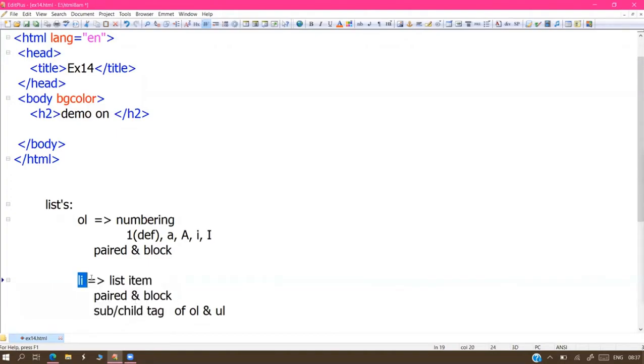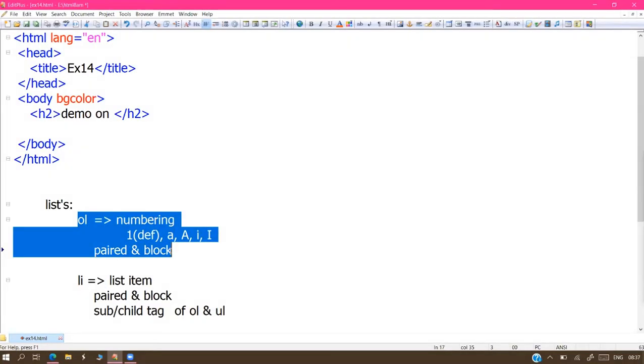So what is the use of the LI tag? List items. It is listing the items. Your points are generated by the LI tag. The OL tag is already available, sir, but the points are generated by this tag, and the numbering is allotted by this tag. One tag prints the data, another tag allots the numbers. Both are sharing the work.